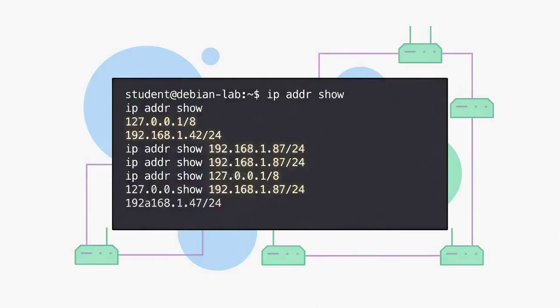Next, ip address show extends the same view to layer 3, displaying the IPv4 and IPv6 addresses assigned to each interface. The inet lines show our routable network identity. This is how other machines on the network address us. Notice how lo carries the loopback 127.0.0.1/8 while enp0s3 shows our real network address